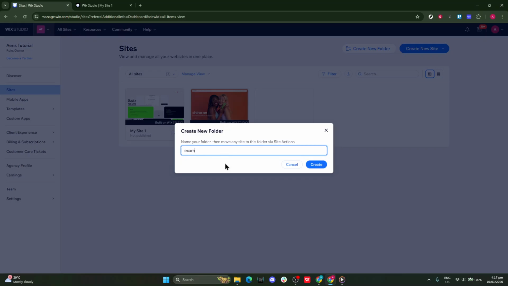Type the folder name in the field provided. Choose something clear and descriptive so you and your team can find it later. Good folder names often include a project name, a client identifier, or a date, whatever helps you recognize the contents